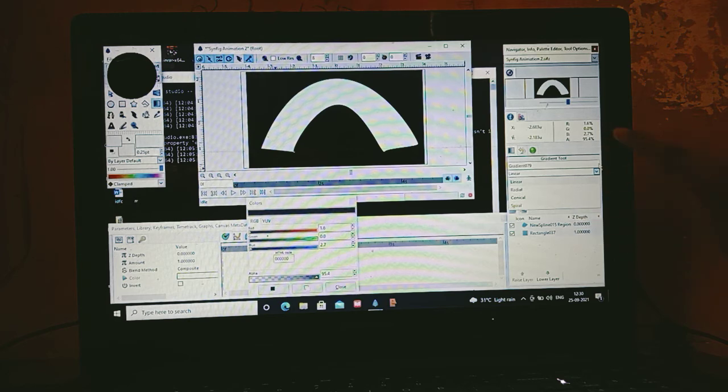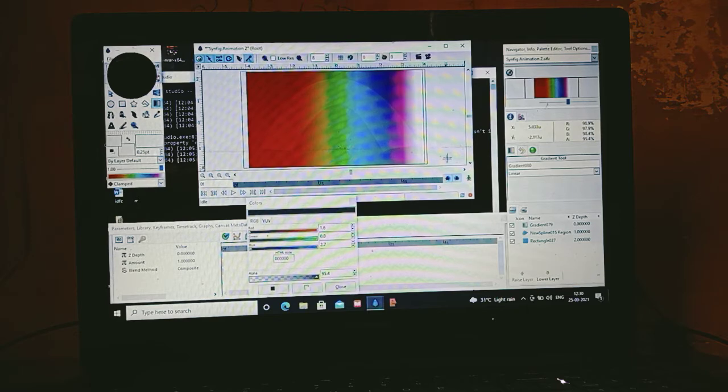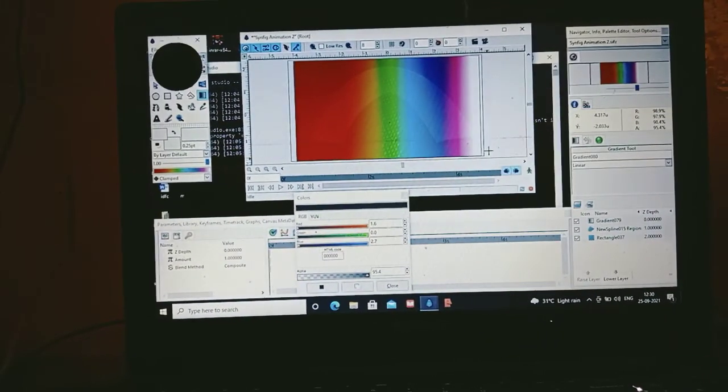Here you will get so many options. In gradient also there are so many options, but keep in mind that you have to only select linear one for this particular animation. Okay, after selecting linear, now just draw a straight line. Okay, now you can see that colors have come on the screen, all the colors that I had taken.